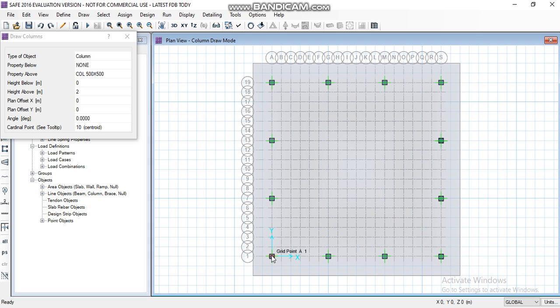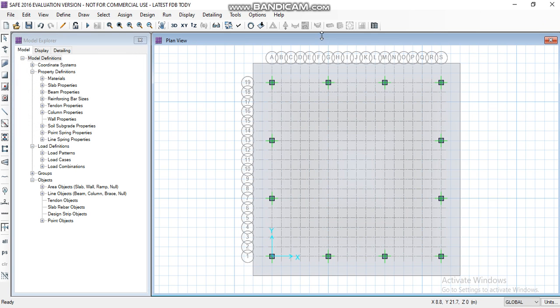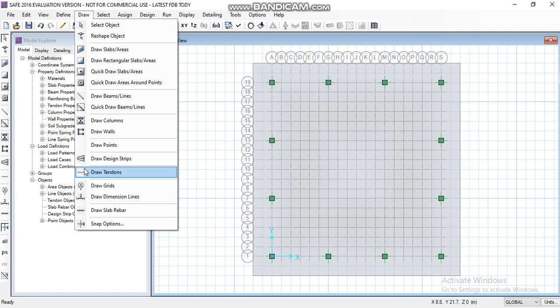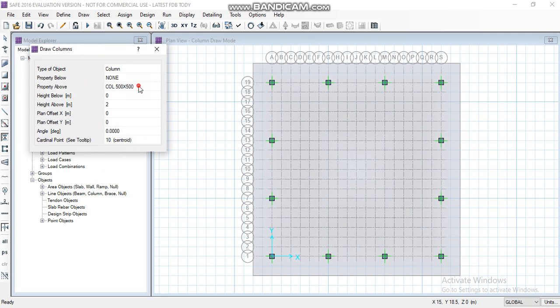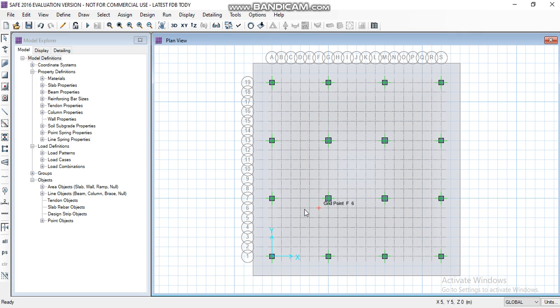Double click to remove the column. Now change the column dimension to 600 into 600. Then press escape.